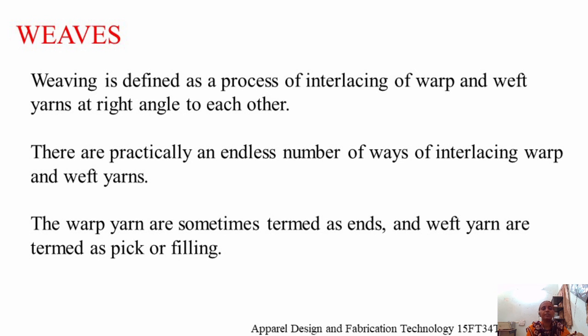So weaving is a process of interlacing of two types of yarns, warp and weft yarns, at right angles to each other. There are various interlacing methods depending on the type of weave you need, and the interlacement order also changes. So warp yarns are the lengthwise yarns, weft yarns are the widthwise yarns. You already learned that warp yarns are fixed to the warp beam and the cloth beam. So warp yarns need more strength than the weft yarns.